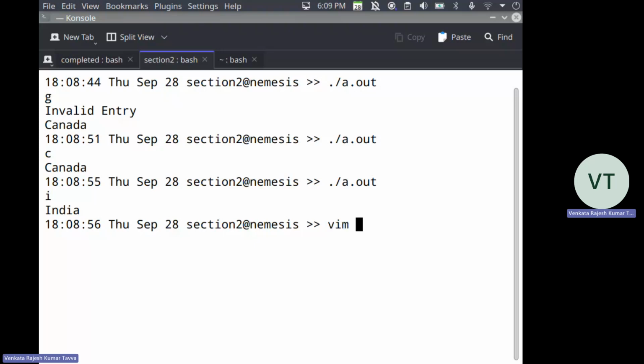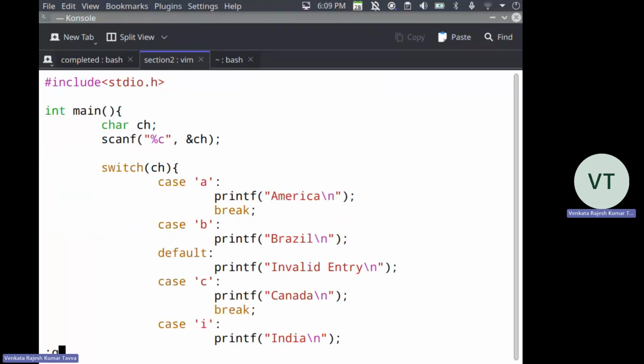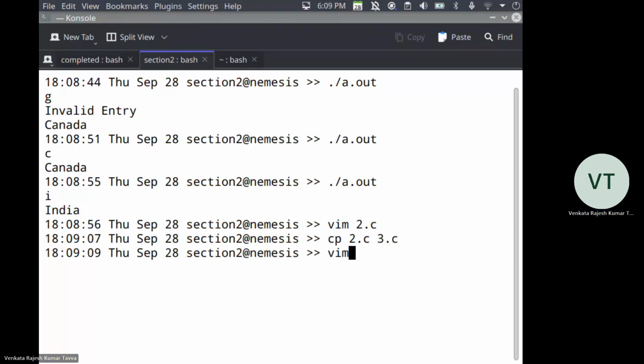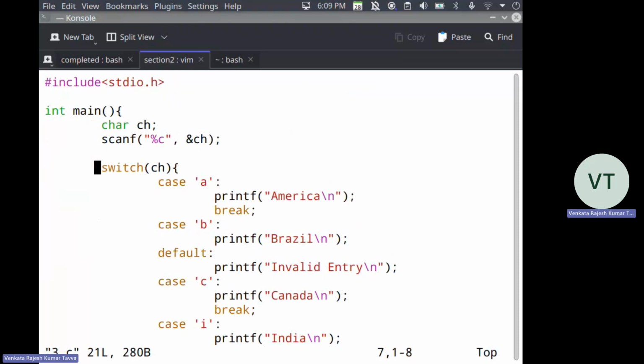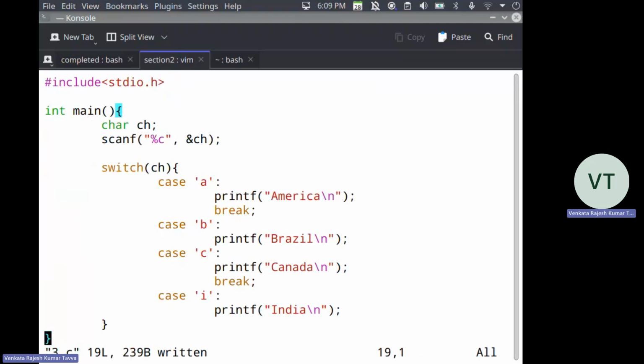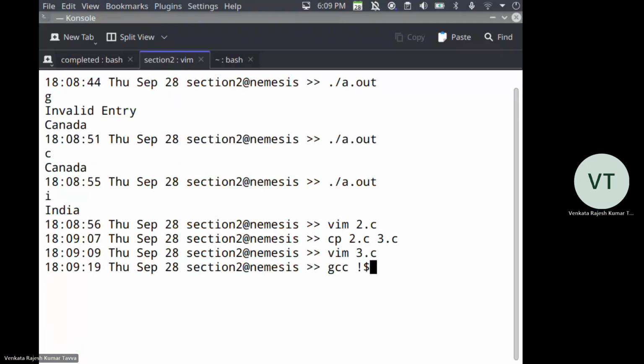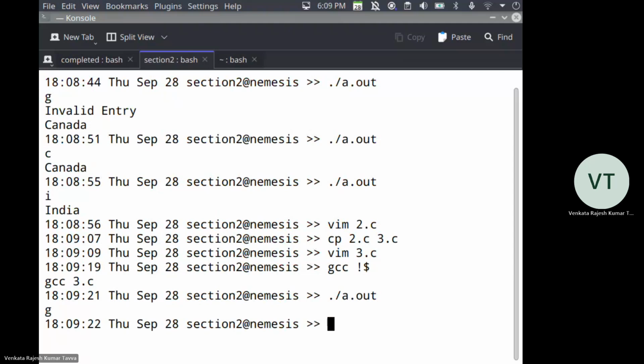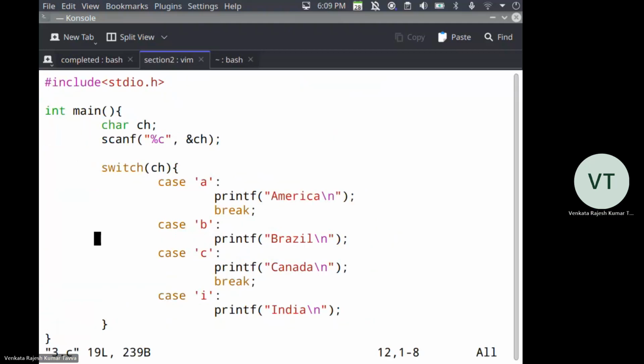Now, one more thing which you need to understand in a switch statement is, okay, let me copy this. Without default, if you entered some other value, let's check that. Nothing. It's like you didn't give an else condition in if else. It doesn't do anything. It doesn't know what to do. That's all. Okay. One more thing. Another difference between switch and if else is